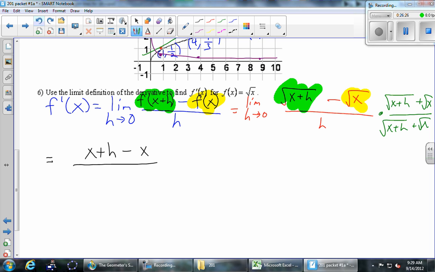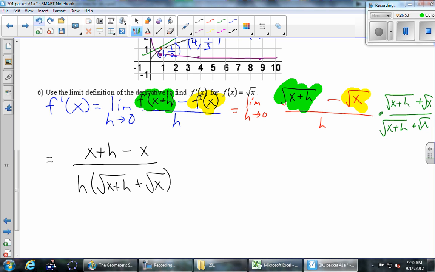Downstairs, you might be tempted to do what? Maybe multiply that h through. Don't. It's not wrong, but it's going in a direction that is further from what you want. So do not do anything on the bottom. Last class we had some complicated fractions. I said don't FOIL on the bottom. Now we have a radical down there. Don't distribute on the bottom. Really don't do anything on the bottom. The top is where the money is.